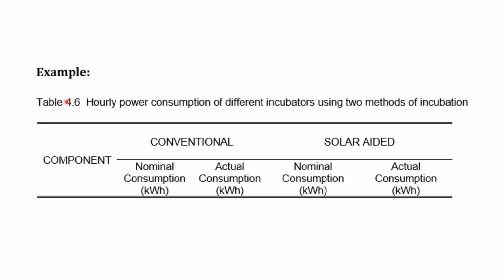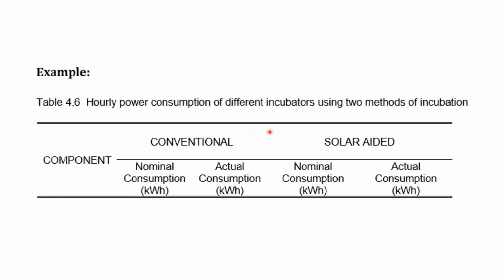first digit, which represents the chapter where this table is found, followed by a dot, and then another number which represents in what chronological order this table appears in chapter 4. So it means that this table is found in chapter 4, and this is the sixth table in chapter 4. So that's what it means when we use Table 4.6. And then you maintain one space from the title before you start the double solid line, as you can